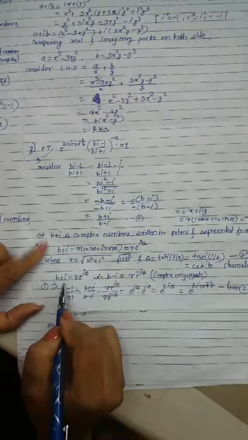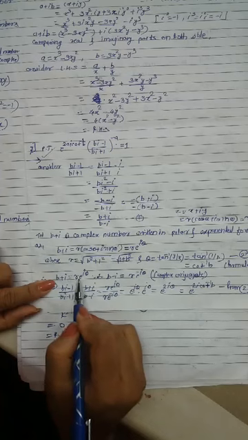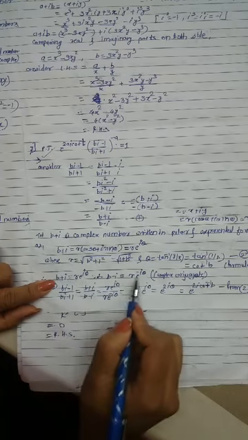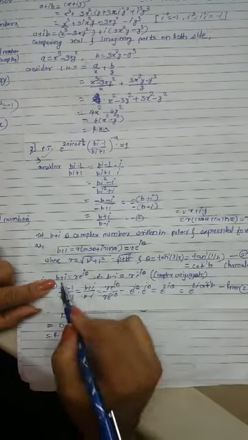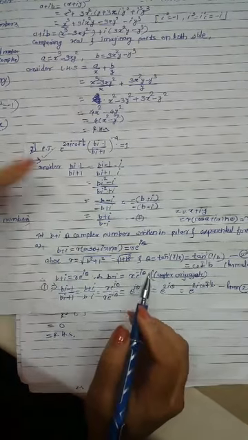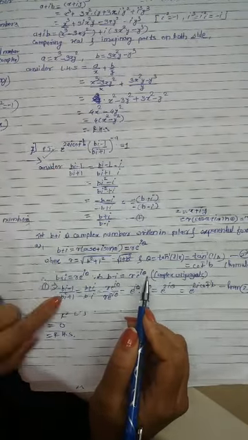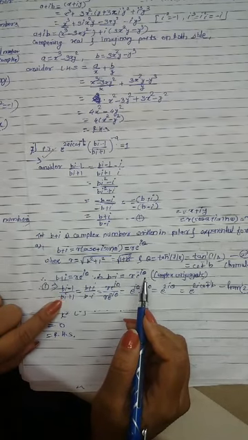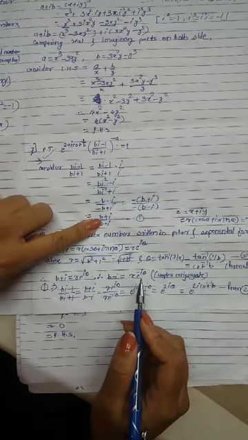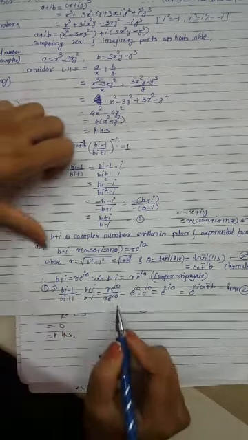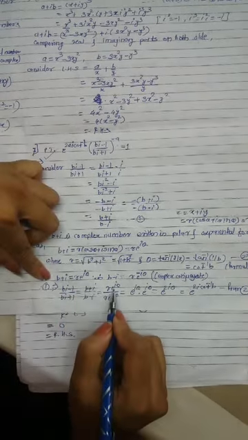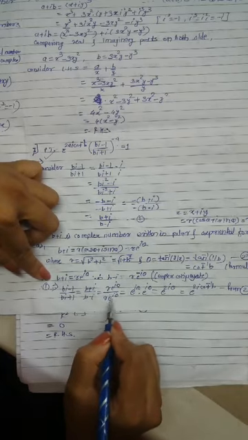Therefore b minus i similarly becomes r e raised to minus i theta. Just replace the sign; this is the complex conjugate of this term. Now consider this bracket term: (bi minus 1)/(bi plus 1) is equal to this term (b plus i)/(b minus i), which is equal to, now we have to solve, r e raised to i theta upon r e raised to minus i theta.